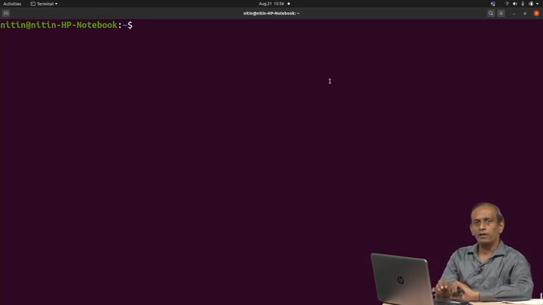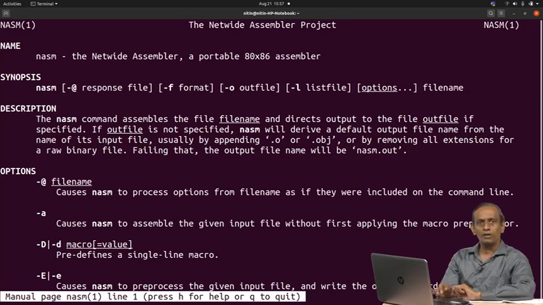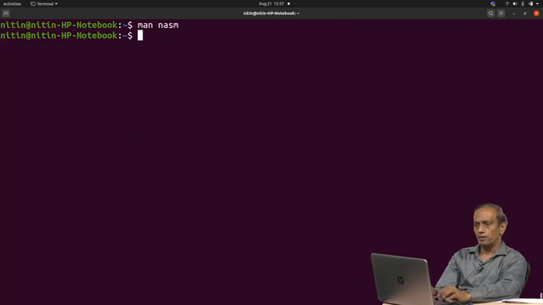So, let us move further and try to see what exactly this NASM is. You can install that, and you have to make sure that you install the necessary binary files or libraries required for 32-bit support. I have added that information on our Moodle course site. NASM is a net-wide assembler which is portable for 80x86 assembly, and it is available with 64-bit as well as 32-bit instructions.